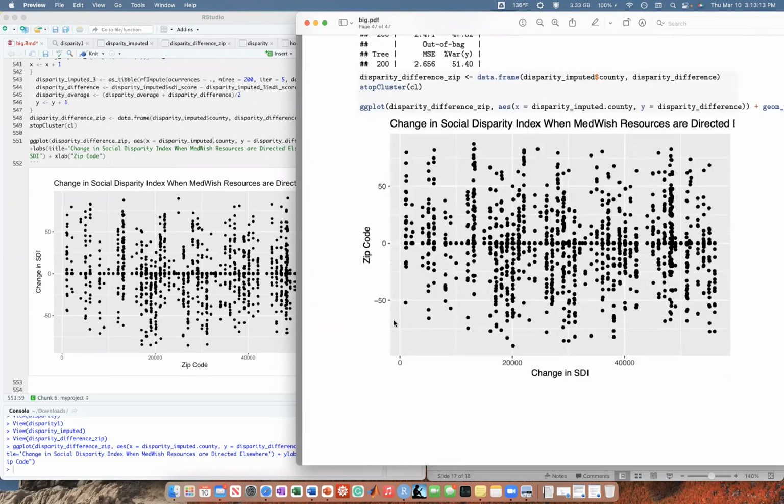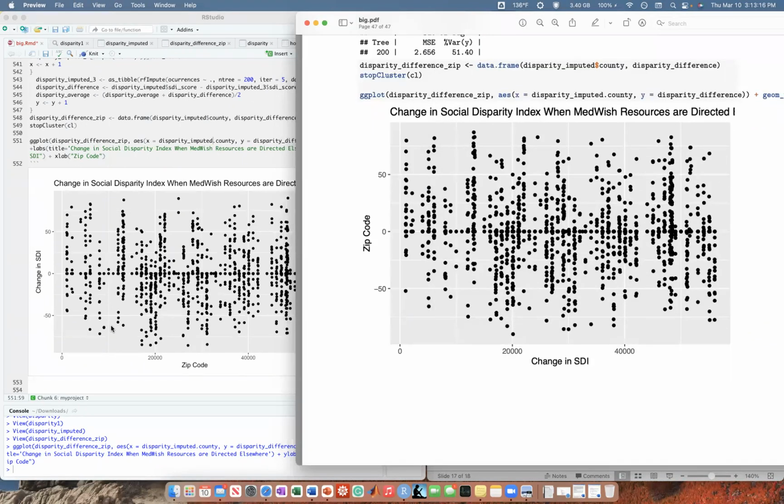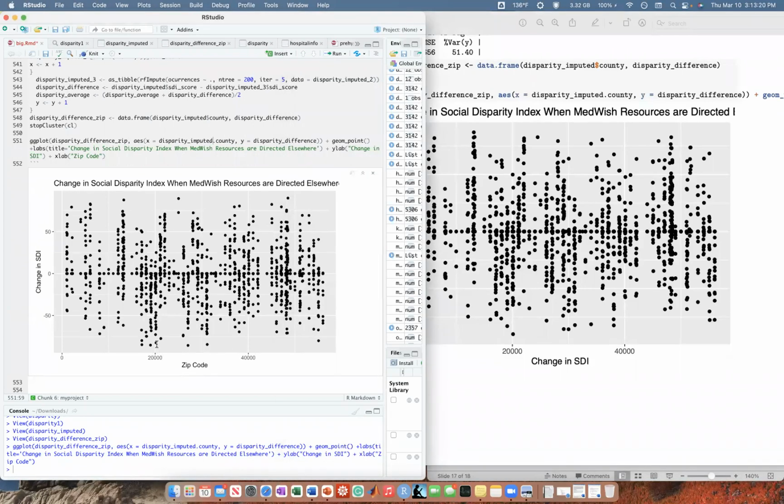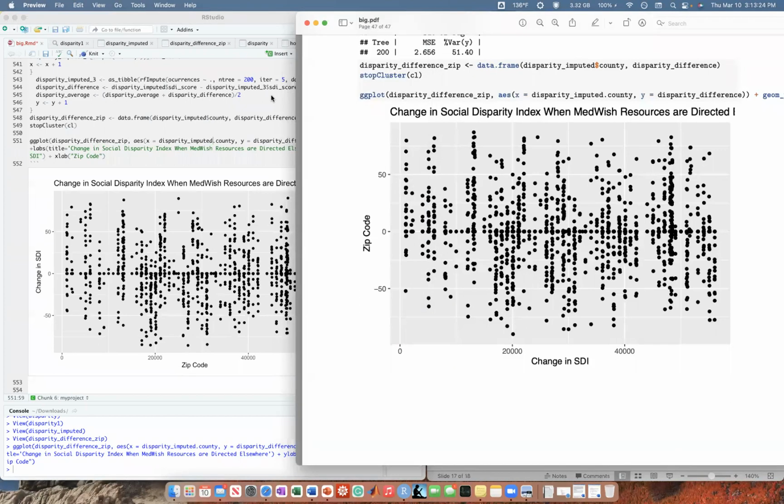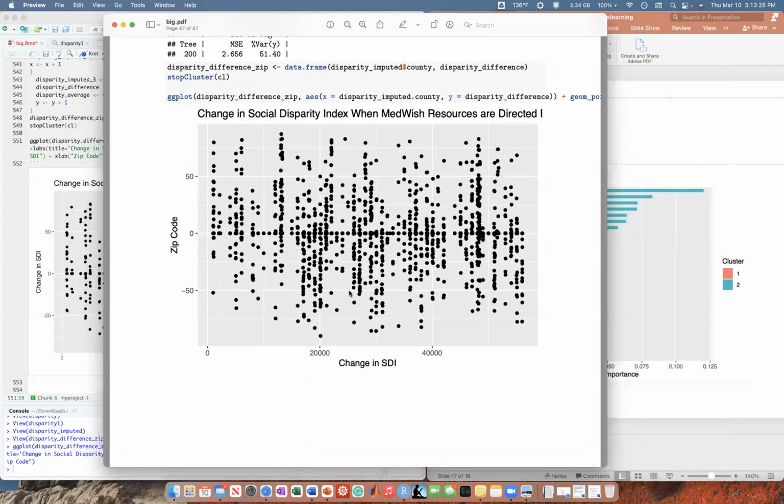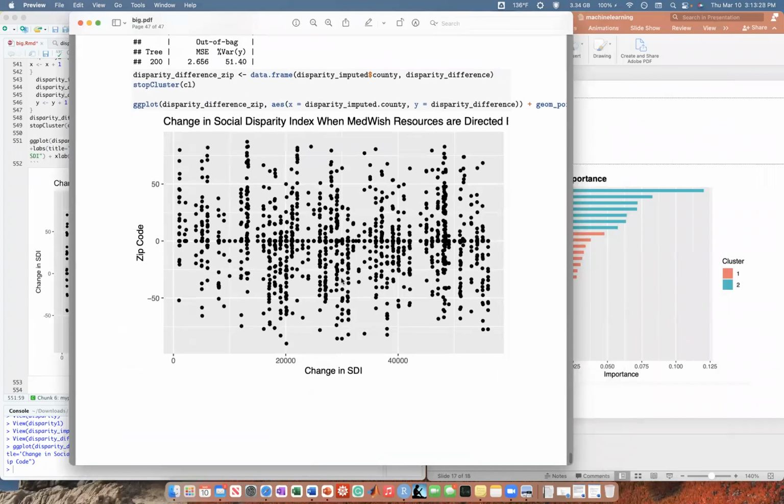But anyways, this graph, as you can see, these two graphs are very, very different actually. There's some tiny, tiny differences. So for instance, if we look down at 20,000, it looks like this is a little more up than this one. This one on my PDF right here is the most accurate one because I ran 20,000, or sorry, a lot of decision trees. Anyways, this was my project. I basically said that a MedWish should focus a resource in a different city. So I guess I should interpret this.